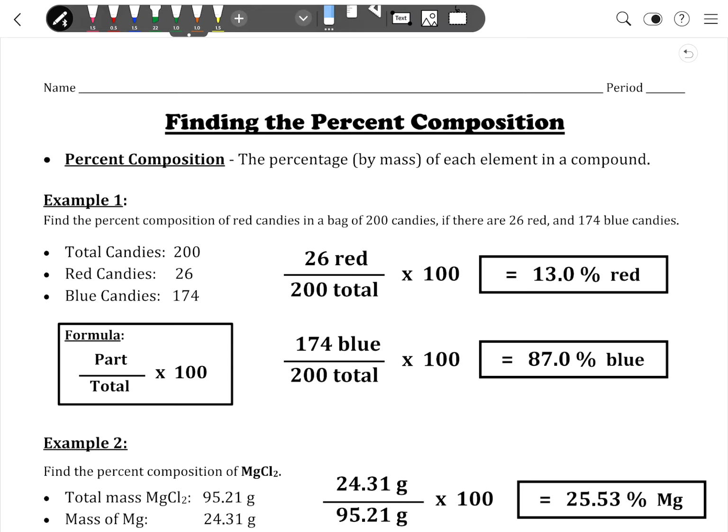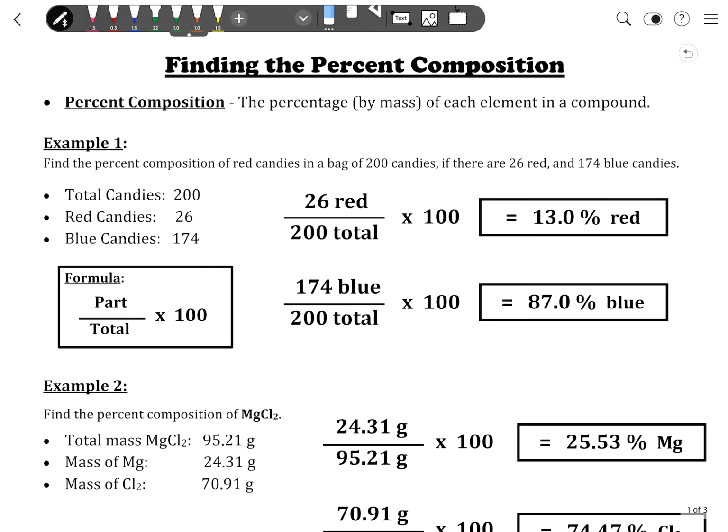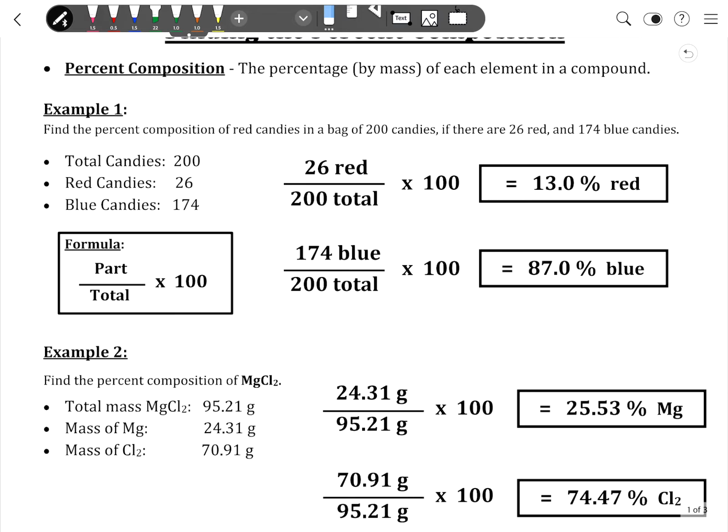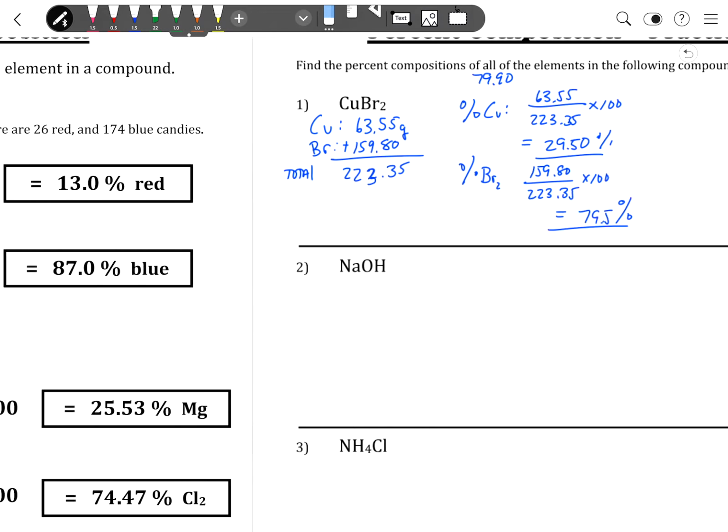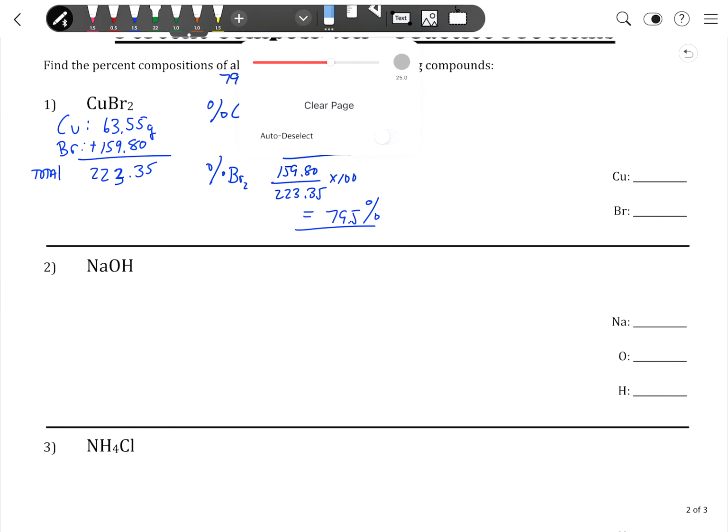Okay, this is Mr. J, and we are working on finding the percent composition worksheet. The definition of percent composition is the percentage by mass of each element in the compound. And so I use these two examples today, one with candies and one with magnesium chloride in example number 2, a compound. And so I want to go directly to the sample problem, get rid of that, and clear it out